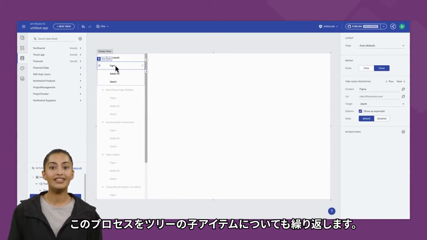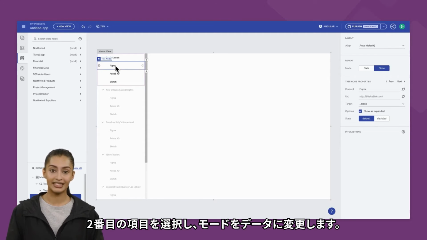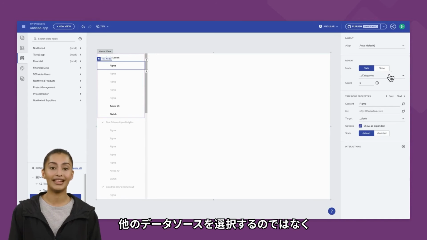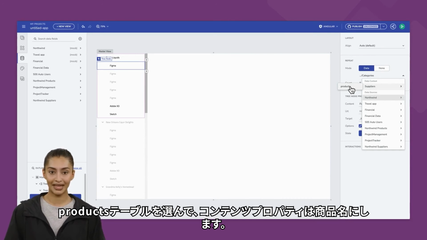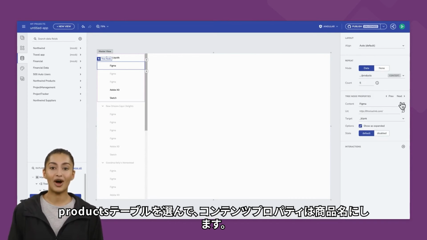I'll repeat this process for the child items in the tree. I'll select the second item and change the mode to Data. Instead of selecting another data source, App Builder gives me the data context of the existing binding. I'll select the products table and bind the content to product name, and I'll leave all of the other options